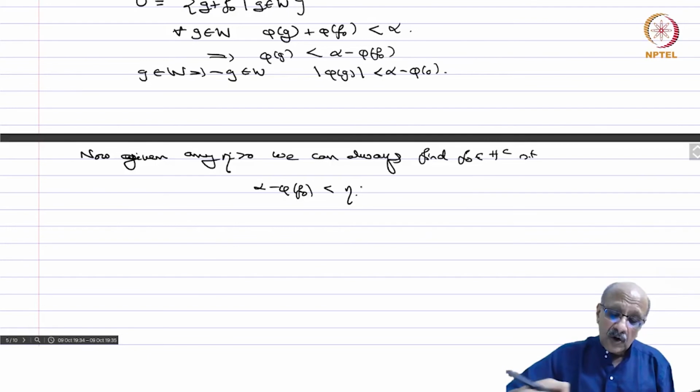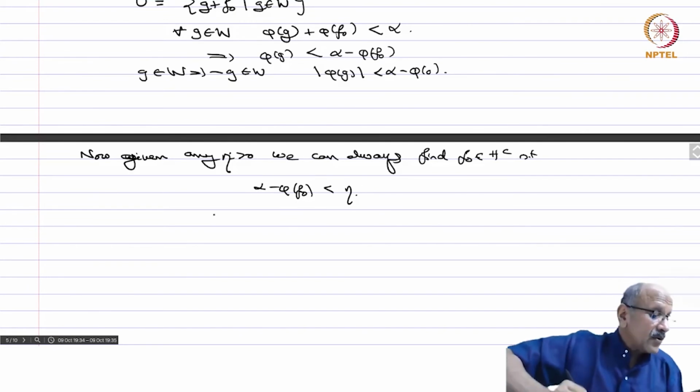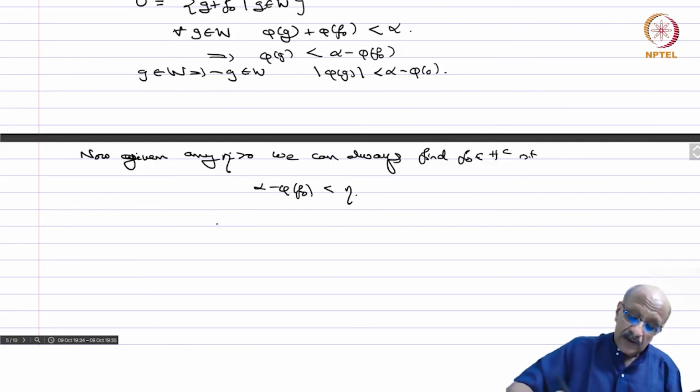choose, because you take a point in H, and then you take any point f, so on H, everything is f of x, phi of f is equal to alpha. Take an f naught which is phi of f naught strictly less than alpha, draw a line between these two, and then as you move along the line by the intermediate value theorem you can get any number which is less than eta. Okay, so this is possible, and therefore you have that